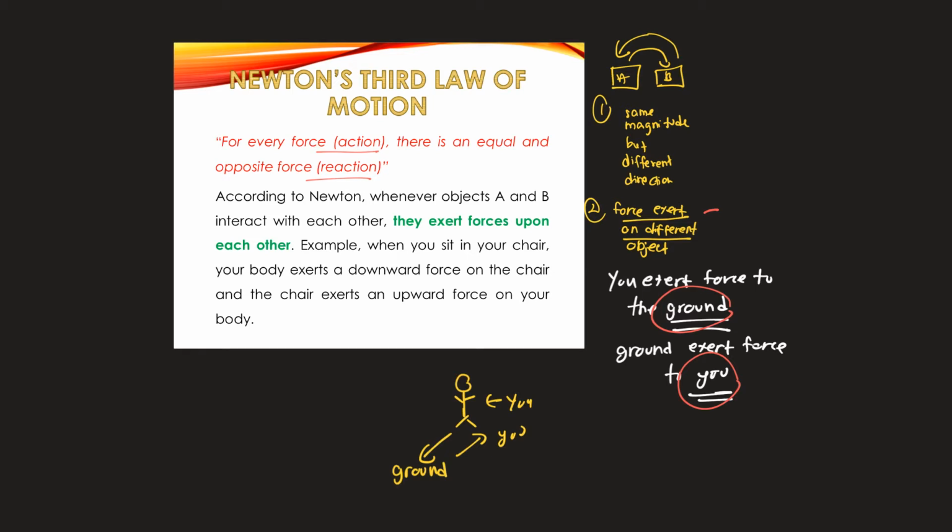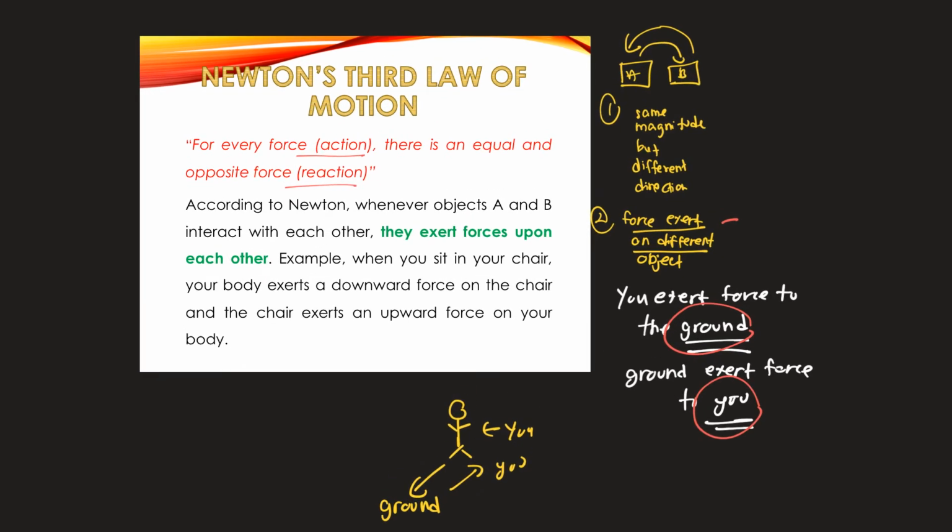So everything comes together, everything comes in pairs. For example, if you exert force on the wall, the wall is going to feel the force. And then the wall is going to exert force on you, so you are the one that is going to feel a force. So basically it comes in pairs. That is the second rule for Newton's third law. Okay,